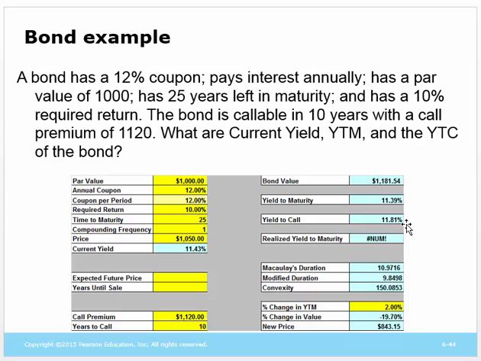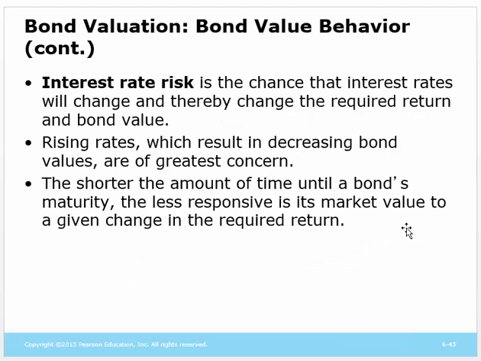So which would you rather earn? Would you rather earn 11.3 or 11.8? So your hope is that this company calls this debt in 10 years. What's the likelihood that that would happen? In other words, when would companies want to repurchase or call their debt? We'll talk about this in class, but the basic idea of repurchasing is refinancing. So when interest rates fall, the chance of call goes up.